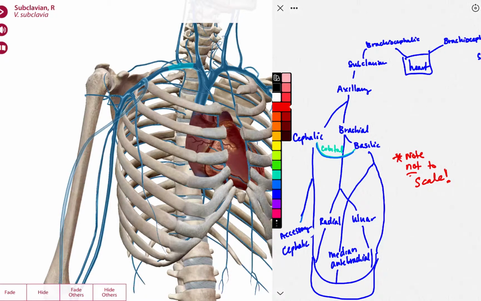So the veins on the arm are a little bit more difficult. This is where I would recommend getting a pair of pantyhose and stretching them over your arm and drawing the veins in and